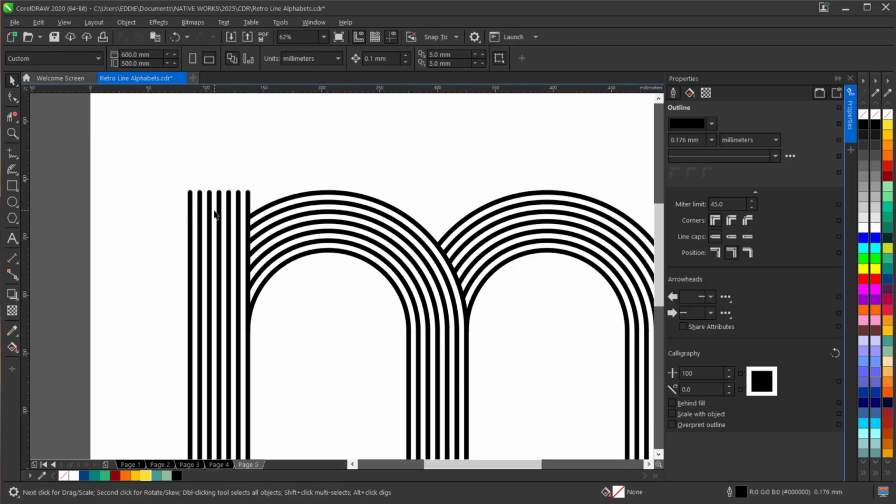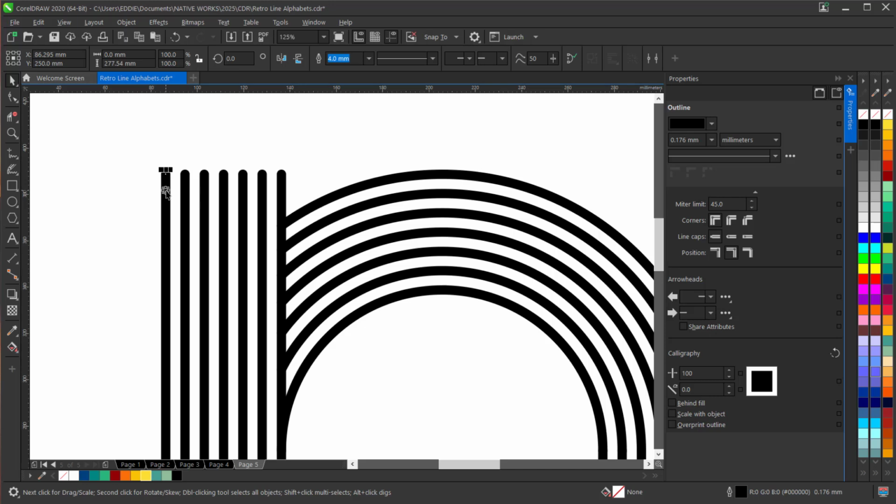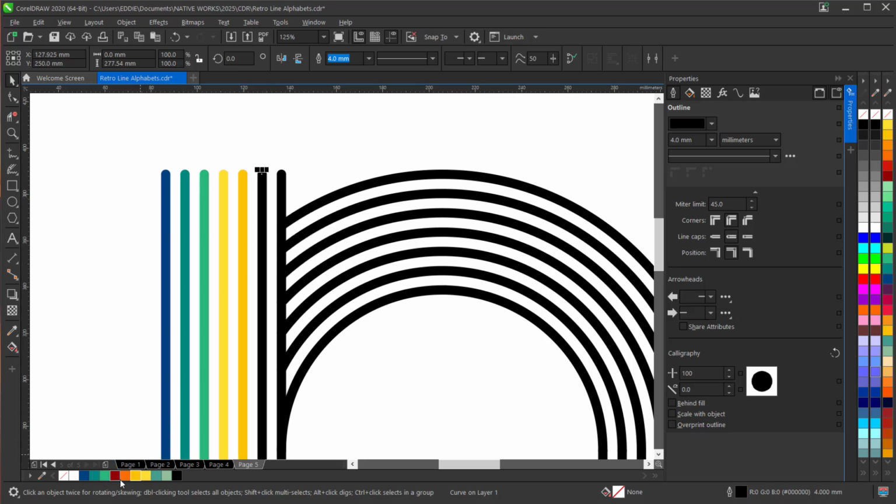Now let's apply some color to our lines. This is where our retro effect really comes to life. I already have my color scheme in my document palette, but feel free to copy mine or use your own. Remember, you are the creator, and how you want it to look or appear is how you are going to color them.